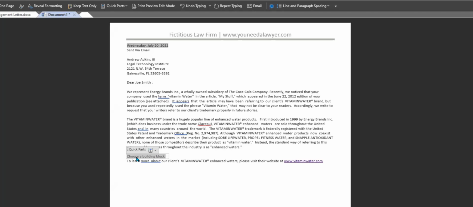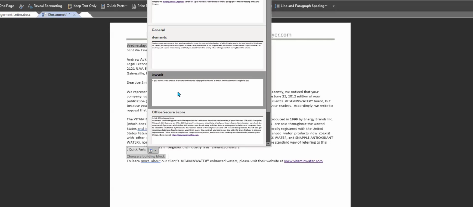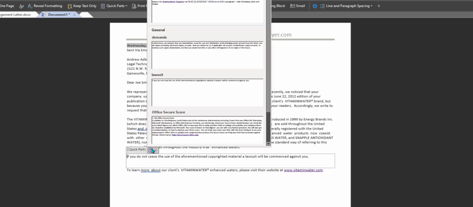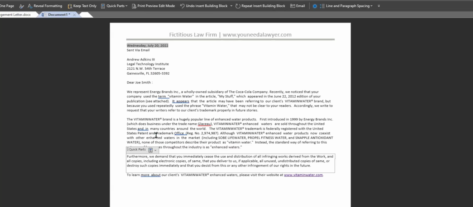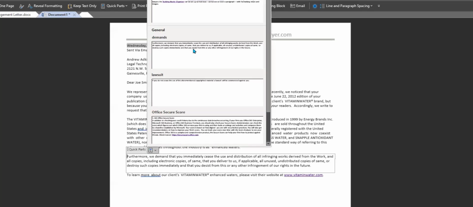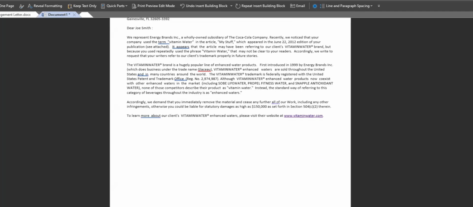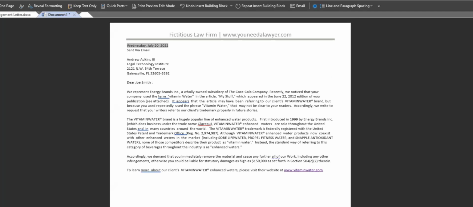Under this, choose a building block, I can go in and drop in hunks of text. So you can actually save these with your template. So this is just an easy way to create a template, fill in the blanks, drop in clauses, and then